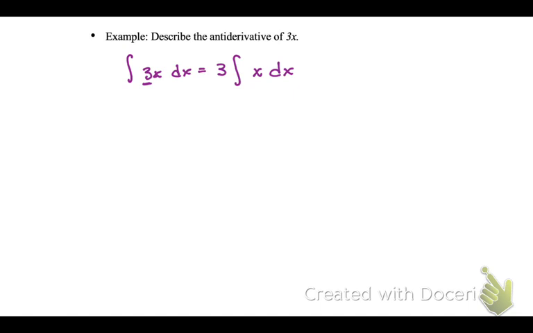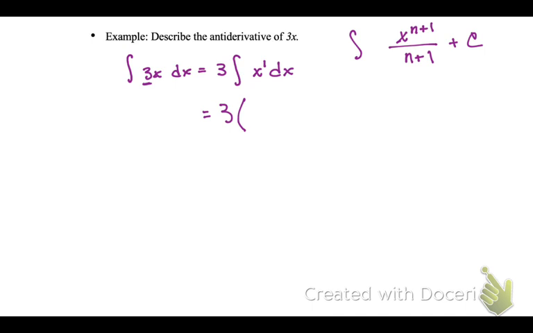So the rule, what is the exponent on the x right now? 1. Okay, so the rule was x to the n plus 1 over n plus 1. That was the power rule that was on the sheet. Okay, that's the power integration rule. So we have 3 in the front